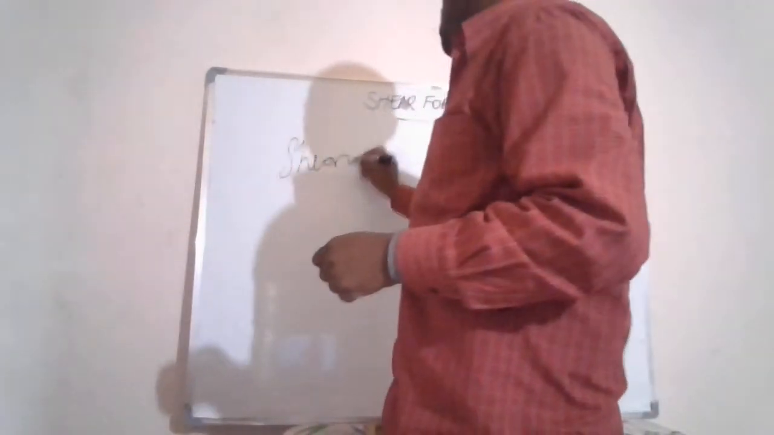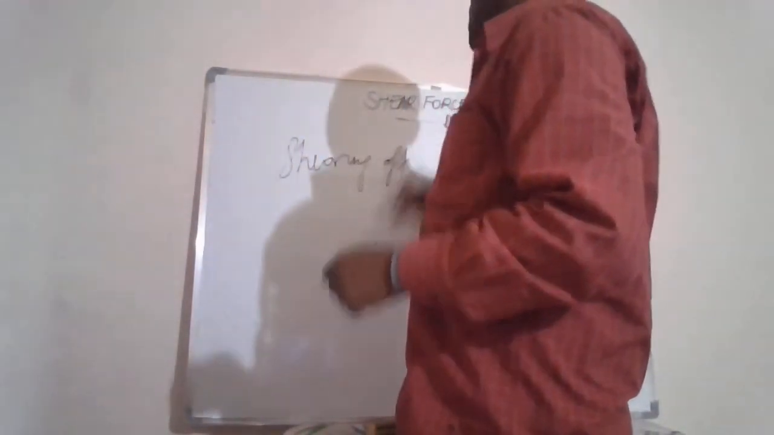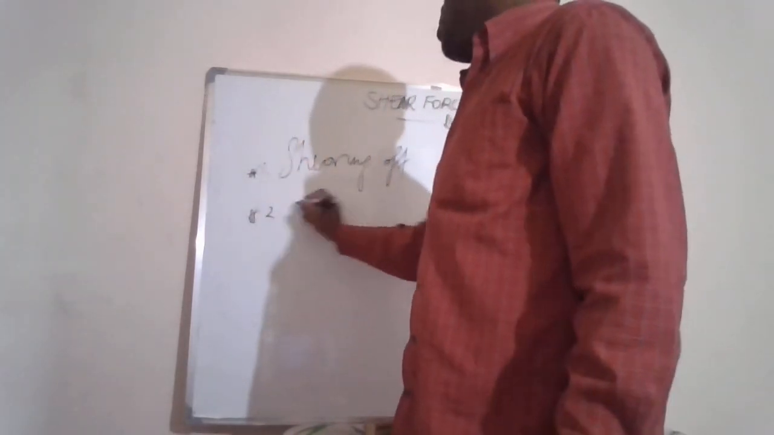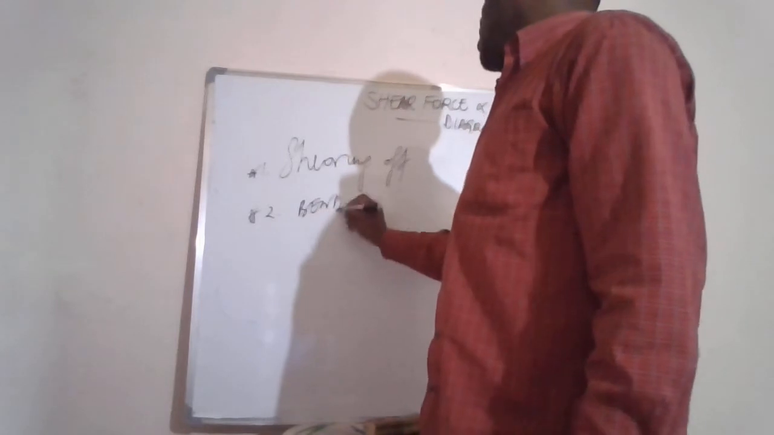Now, the loads that are applied will have a tendency of creating two different effects, which we call the twin effect. The first one is known as the shearing of the beam, and the second one is what we call the bending